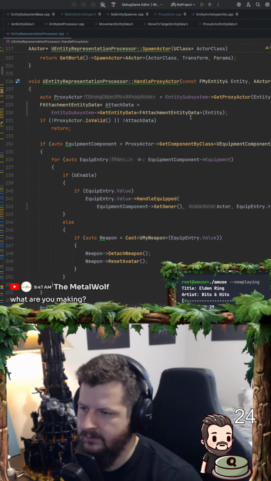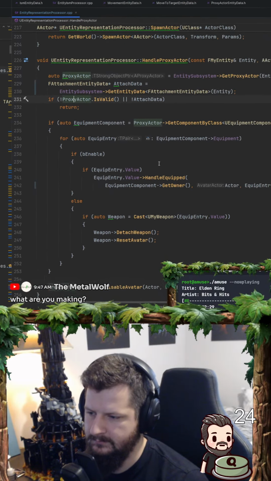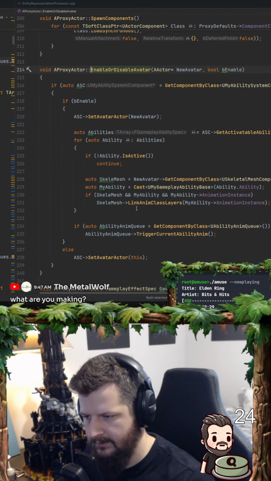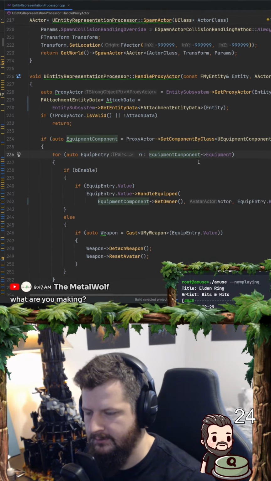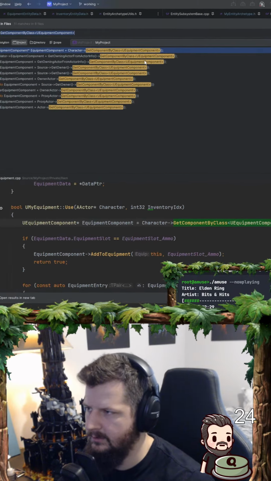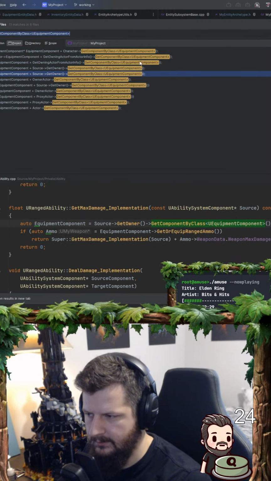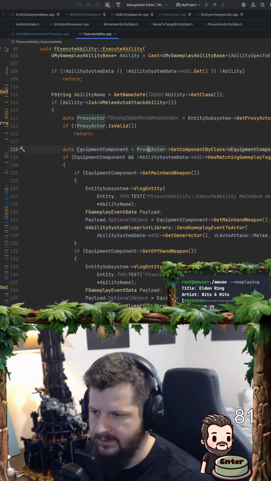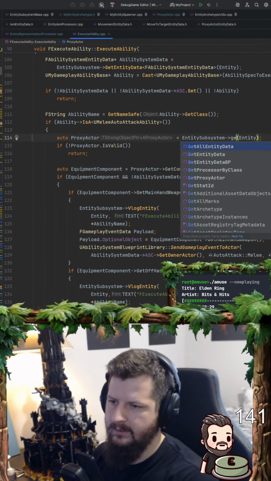So I was in the middle of doing an ECS refactor for the game, so let's get back to that. Yeah, it's annoying because I still need to do the enable or disable actor here. So the equipment data is actually not going to help all that much. But potentially it may in other places. Let me look here. Need to change some of these. Weapon ability, probably. Executability, that's one for sure. Although proxy actor, we probably still need it here. Oh no, we don't. So we can just directly get,